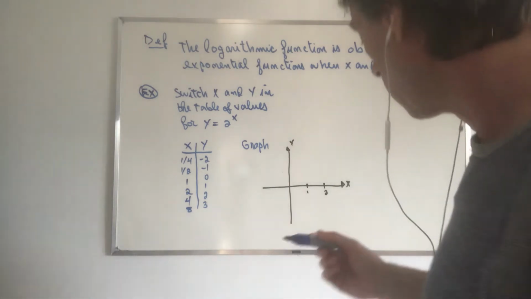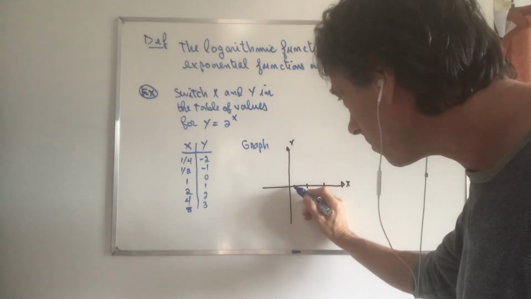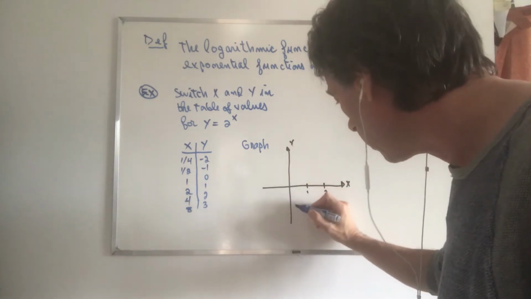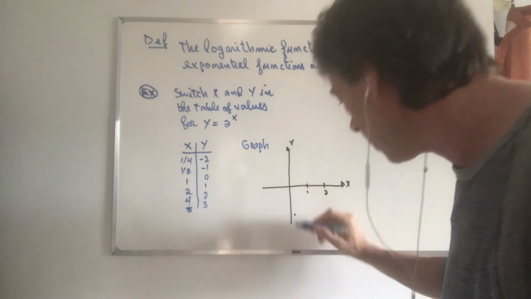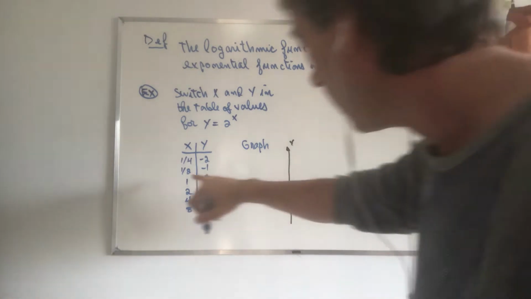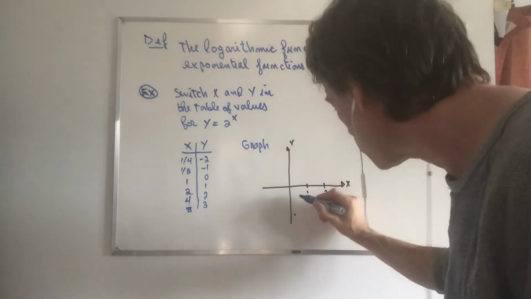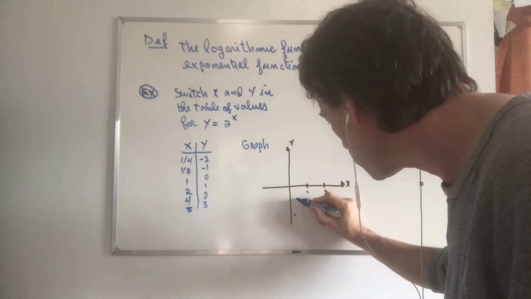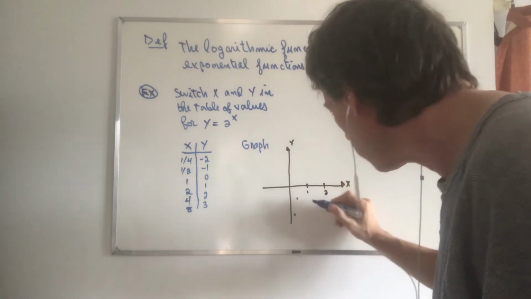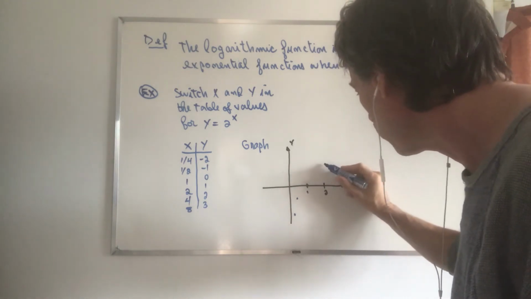So if x is 1/4, very, very close to 0, then the y value is -2. We could put it maybe just down here. And then if x is 1/2, y is -1, and 0, and 2 and 4,